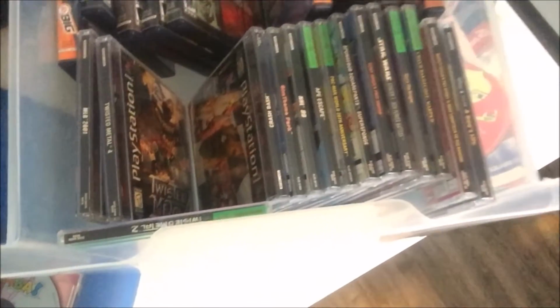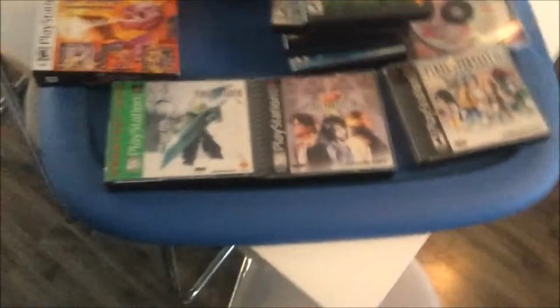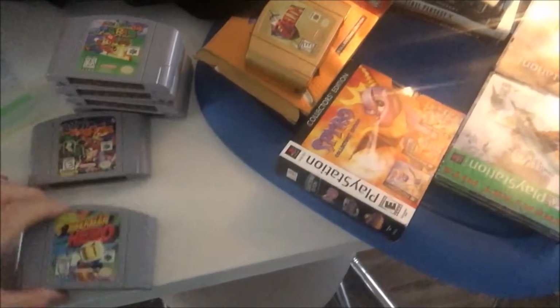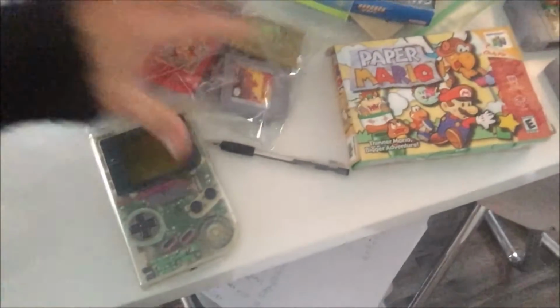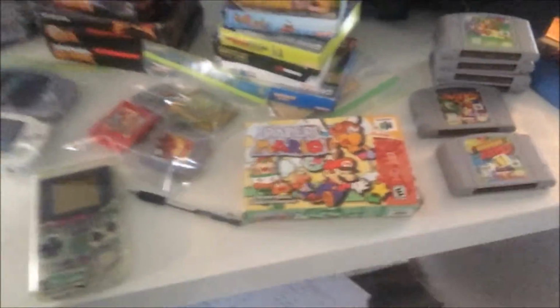Nothing in there is really spectacular, you know, some maybe $15, $20 games. Here's some of the better ones. These Final Fantasies are all 30 or 40 bucks. That's Spyro's 80, Zelda's 60 or so. These are all a bunch of $15, $20 games. Paper Mario, excuse me, about 75. Some nice little Game Boy games actually. You should be able to get about 175 out of this. These games here I've priced out already,